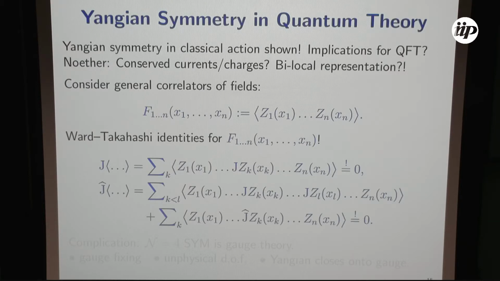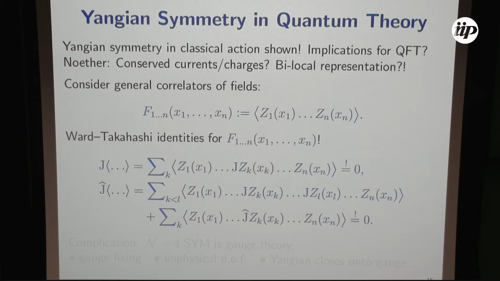But in a QFT, you can consider correlators of fields. So let's consider these objects. You have several fields at different space-time points, and this gives you the set of correlation functions. And if you have a symmetry, then these would typically obey some Ward or Ward-Takahashi type identities, which you can formulate where you say, well, for level 0, for the conformal symmetries, you would transform each of these fields individually and say that the expectation value of that would be 0. That's how Ward identities work